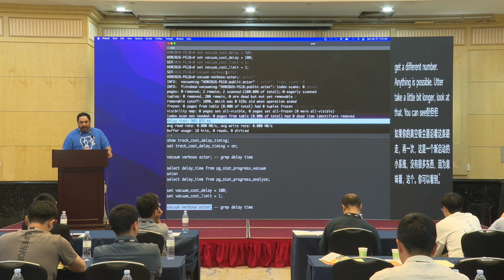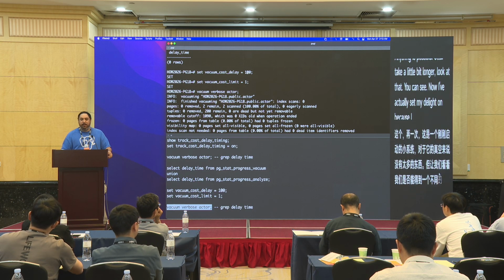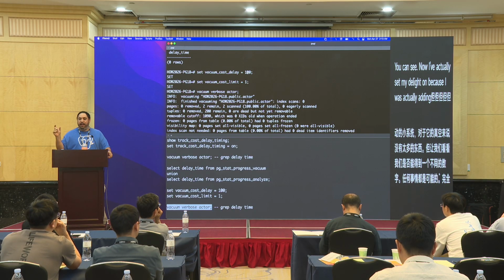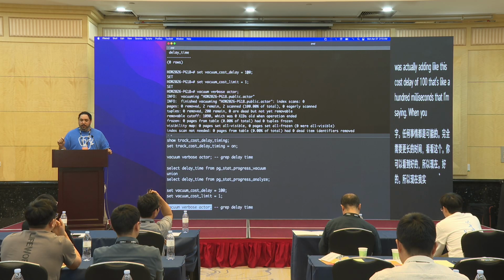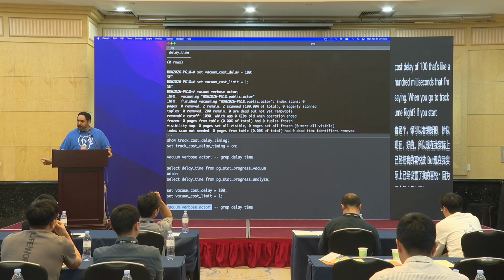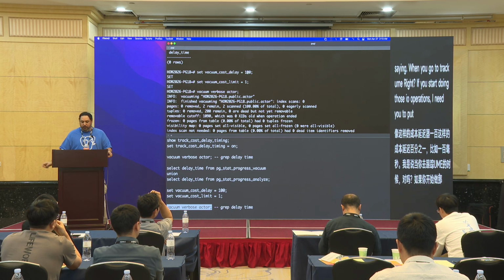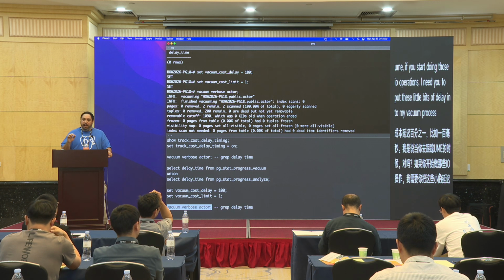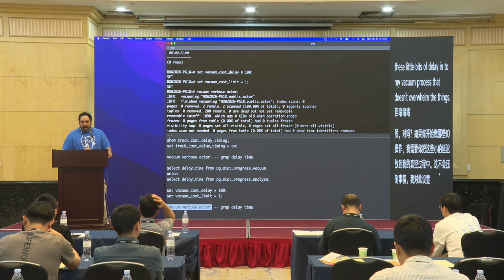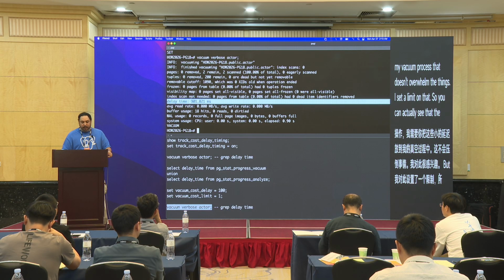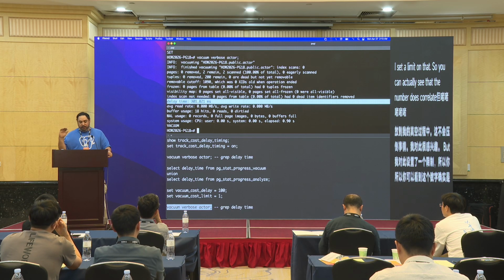Because I was adding this cost delay of 100, that's like 100 milliseconds that I'm saying, when you go to run vacuum, if you start doing those I/O operations, I need you to put these little bits of delay into my vacuum process so it doesn't overwhelm things. And I set a limit on that, so you can actually see that the number does correlate. I set the vacuum cost limit to 1, I run my vacuum, and I'm just under where that limit would